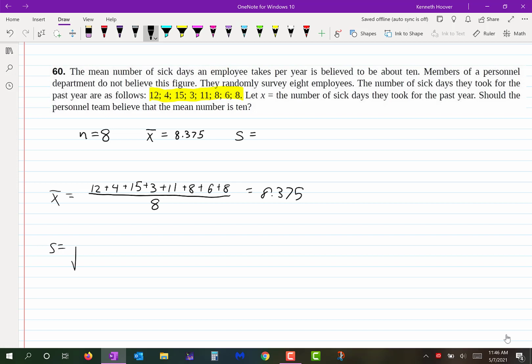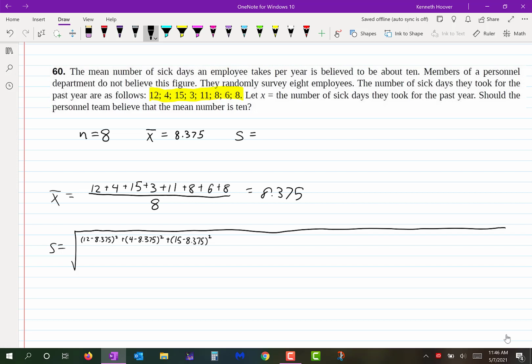It's the square root of 12 minus 8.375 squared, plus 4 minus 8.375 squared, plus 15 minus 8.375 squared, plus 3 minus 8.375 squared,